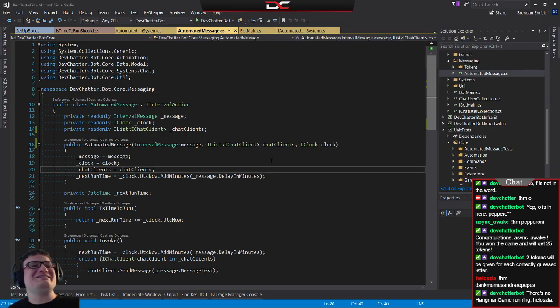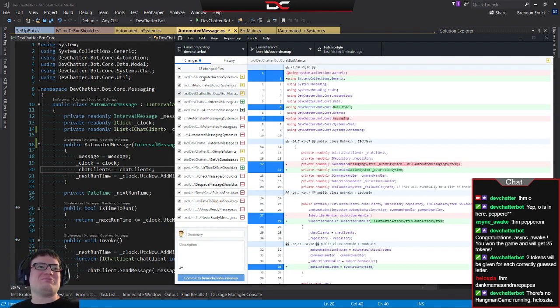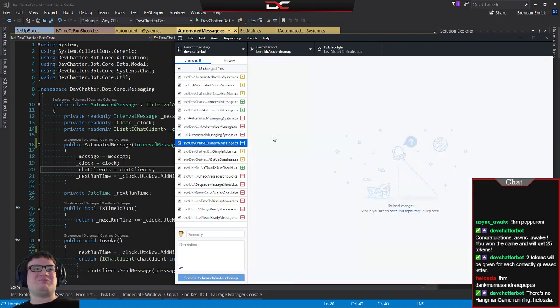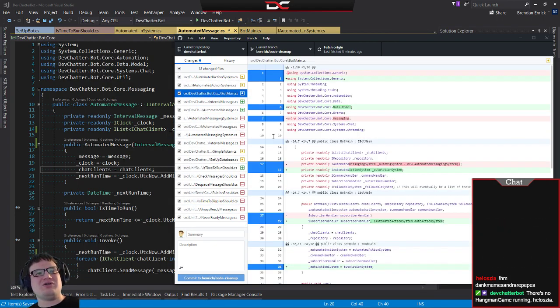I like that. Alright, so now we've switched over to this. I'm going to go ahead and get that committed because that now works. That was a way bigger change than I expected it to be. But we got rid of our old automated messaging system. So we'll remove the obsolete